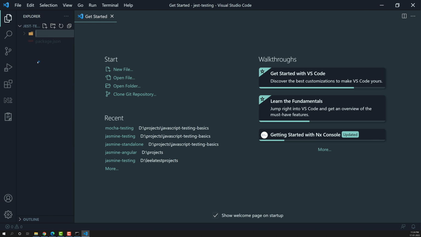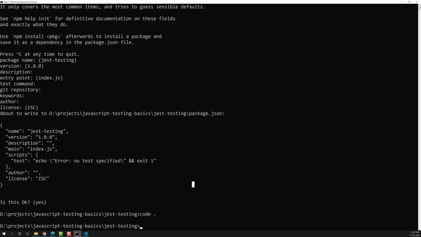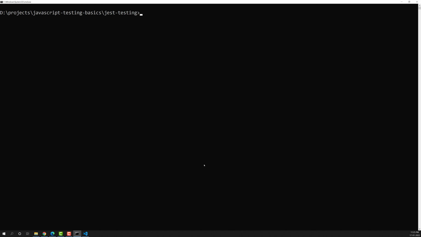Normally, what we can do here is simply create a source folder, where all the JS files will exist. Whatever the name may be, you can have your own name. Right now I am creating a source folder. Now, in order to use Jest, we need to install it. The command is npm install jest --save-dev, as it is a dev dependency.